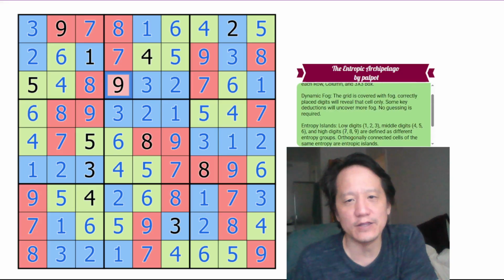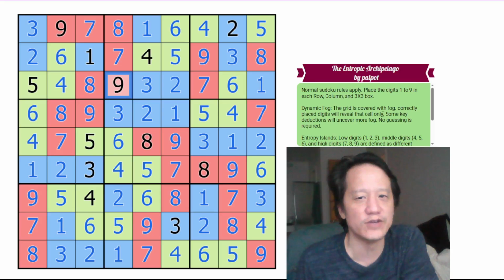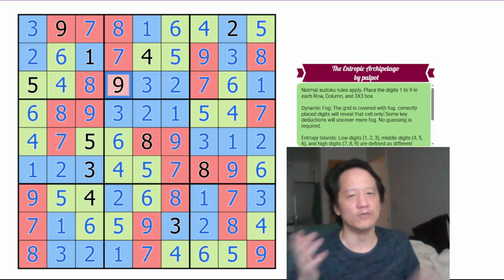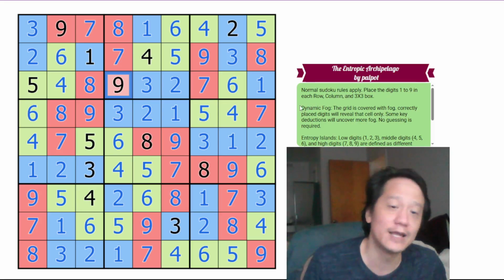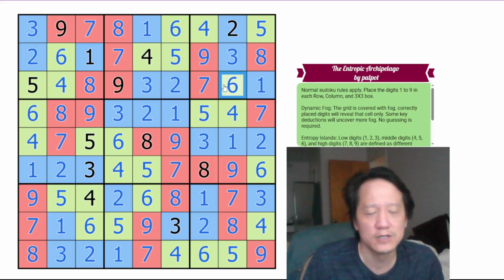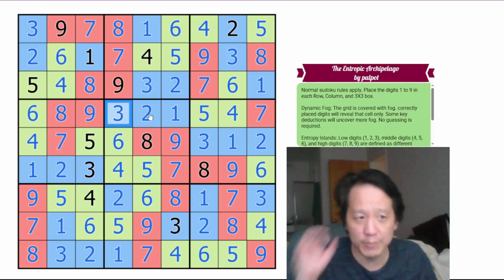So actually, the dynamic fog is not necessarily going to just reveal that cell only. Basically, it reveals the cell, and it could potentially reveal other cells. I like this type of dynamic fog, actually, the most. Because if you're going to have fog be revealed,